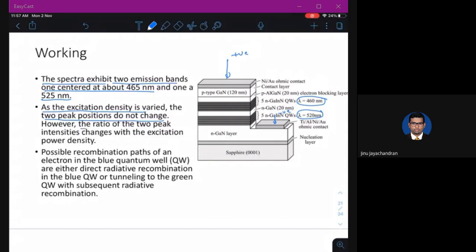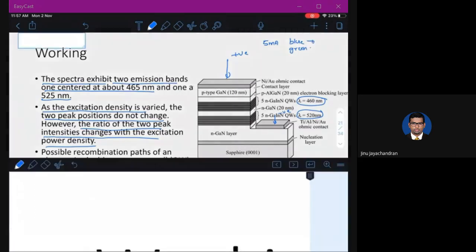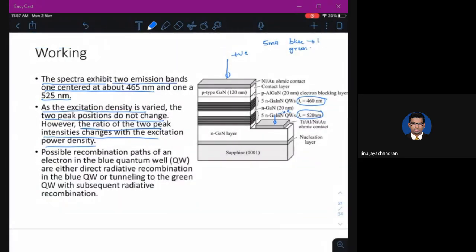However, the ratio of the peak intensities changes with the excitation power density, which means if you give, let's say, 5 milliamp current, it will still produce blue and green, and the blue power might be around 1 watt, and green, let's say, around 0.5 watt.